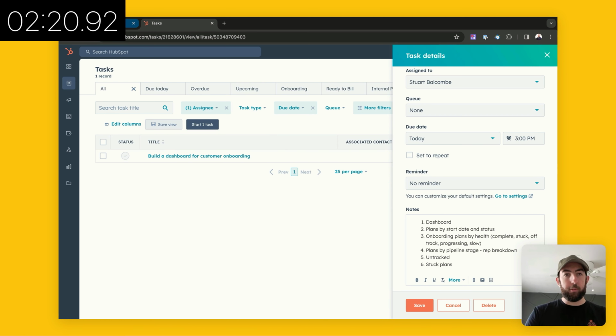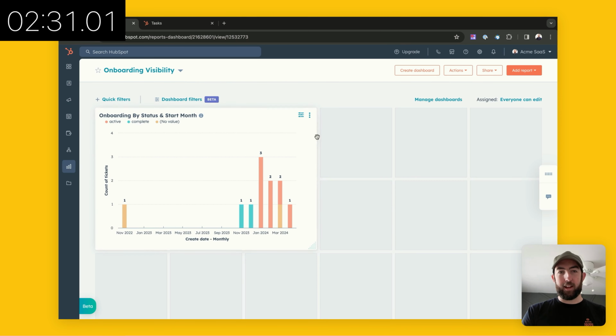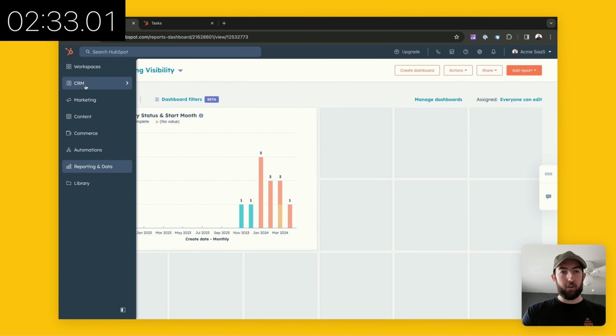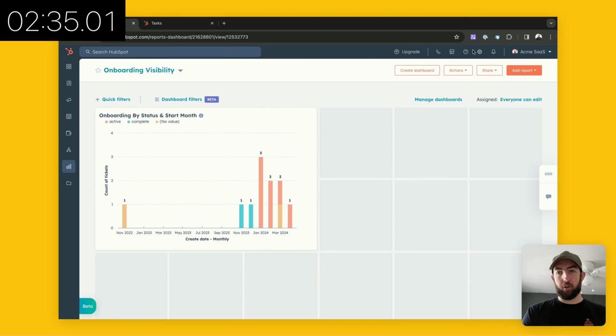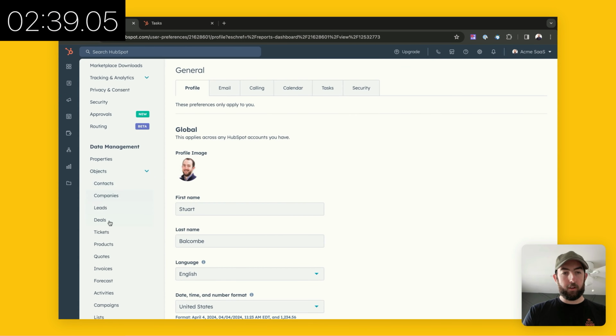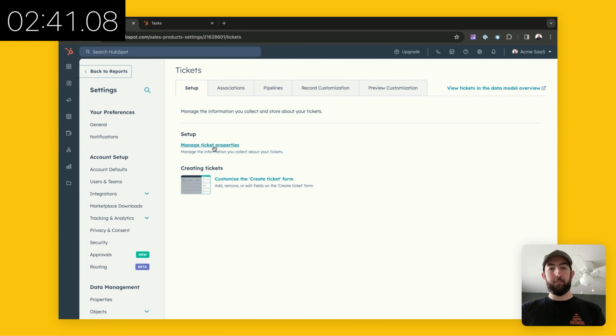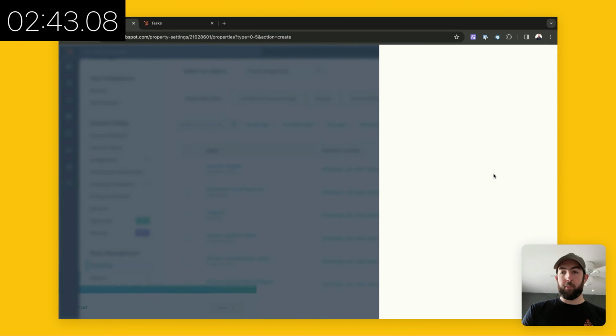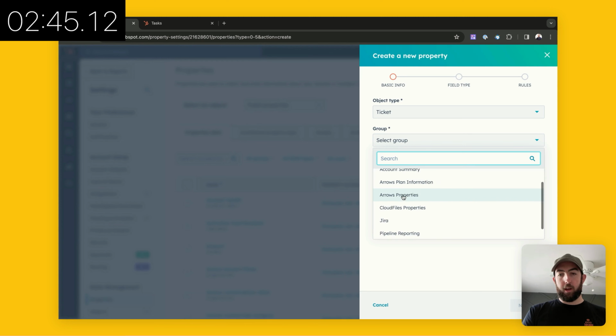And this one's going to be a little bit more complicated because we're going to have to go and create a property and figure out how to update that property to show health. So throw myself a little bit of a curveball here, but let's get into that one. So what we're actually going to do is we are going to go to our settings over here. We're going to go to objects, tickets, manage ticket properties, and then we're going to create a new property in,